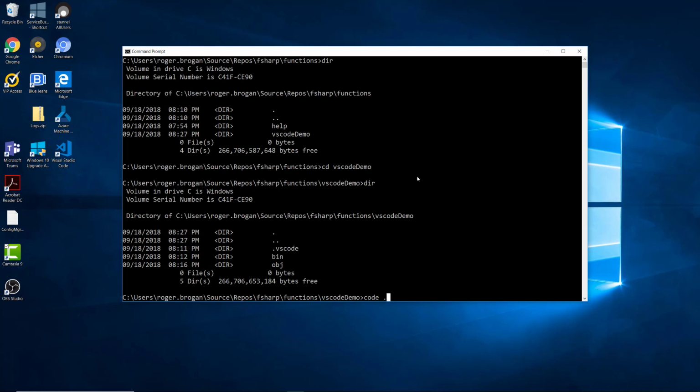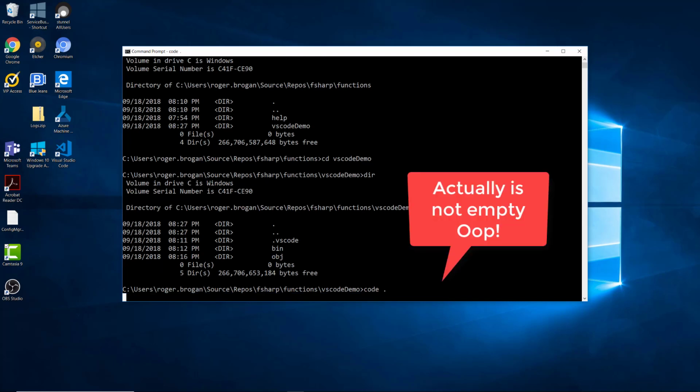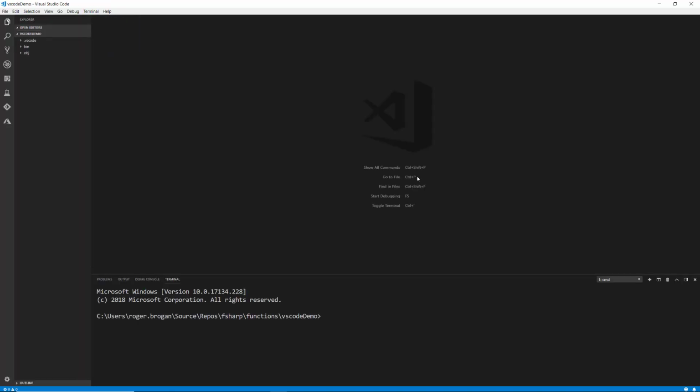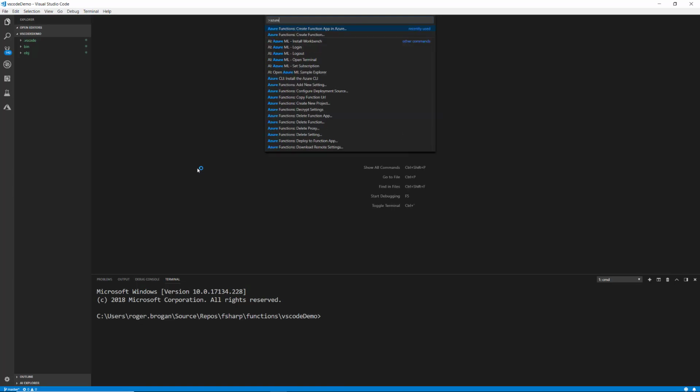So I've just created a directory here in the command line that's empty, and go ahead and launch Visual Studio Code. And we'll use a couple of extensions that we have set up here. We've got the Ionide extension for FSharp, and we also have the Azure function extension. Okay, so first thing we'll do, Control P to bring up the command palette, and we'll hit the greater than sign, and we'll go over here to Azure Functions, and what we're going to do is create a new project,